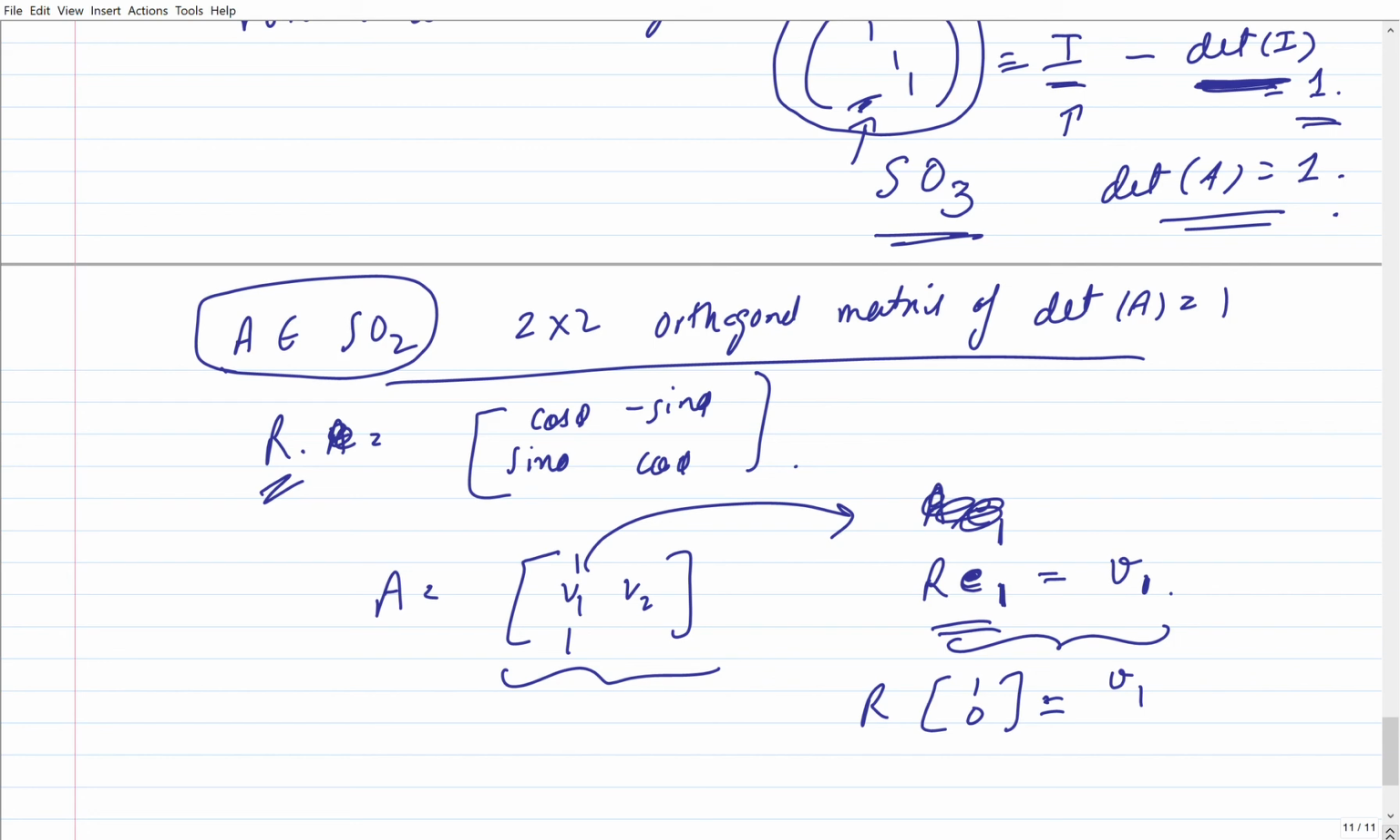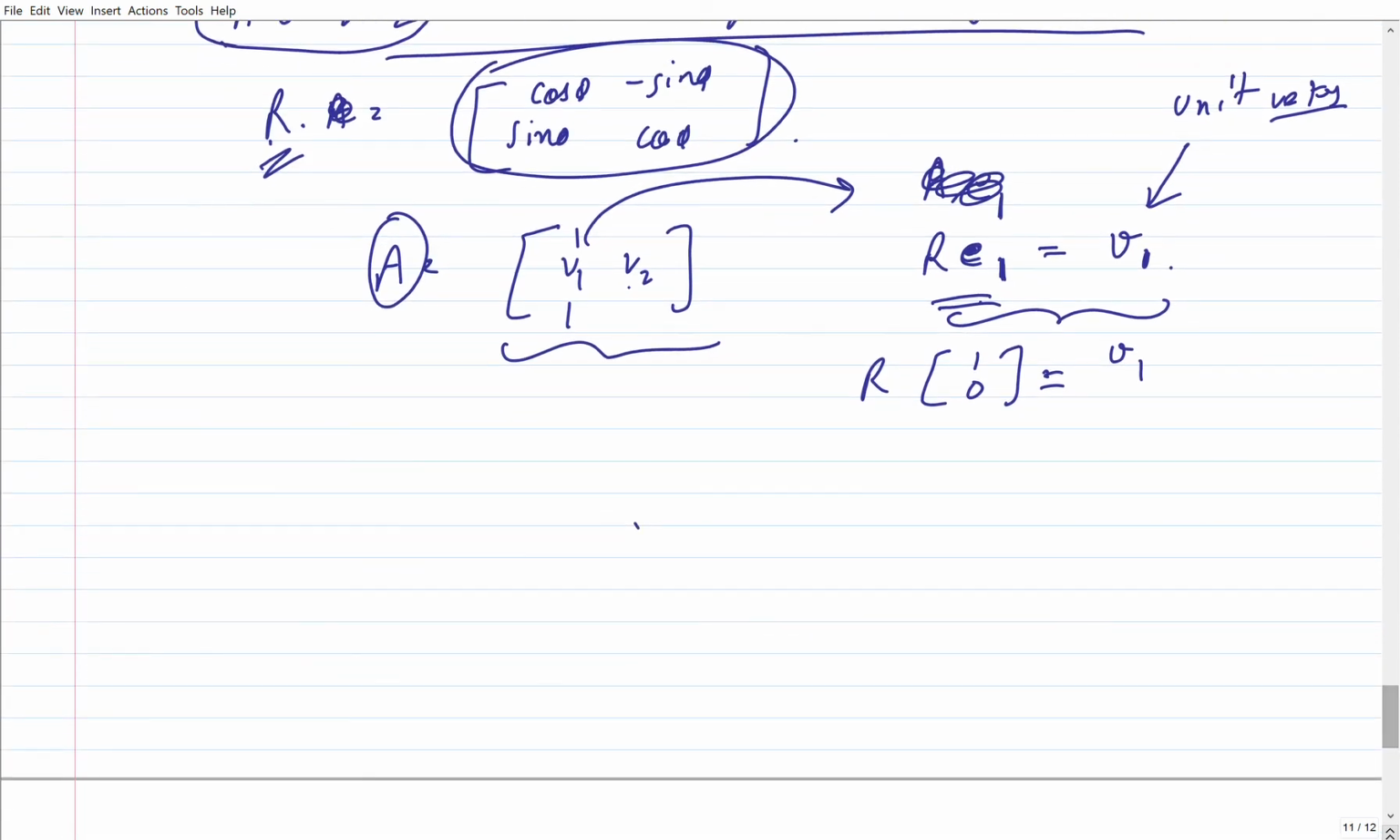Okay, and why do I know that? Because since A was an orthogonal matrix, these are also unit vectors, unit vectors which are orthogonal, and this structure R E1 is going to have those properties. Now, since A is an orthogonal matrix, the other vector is either